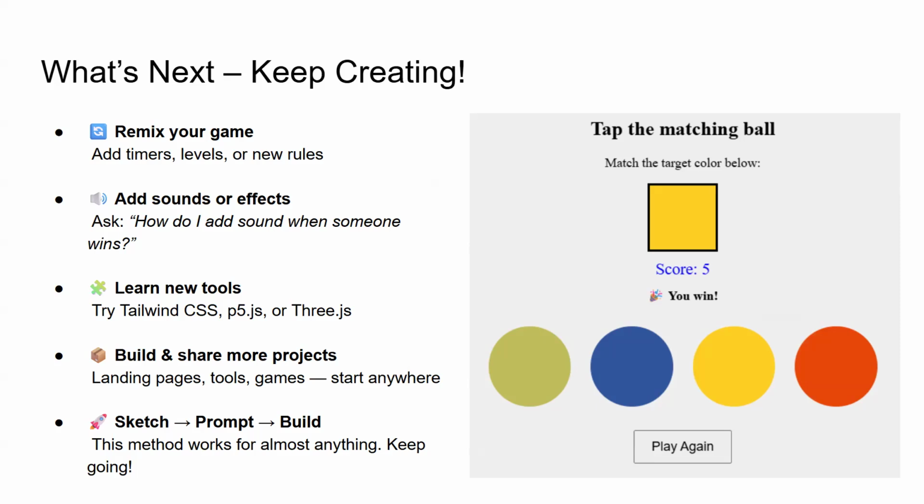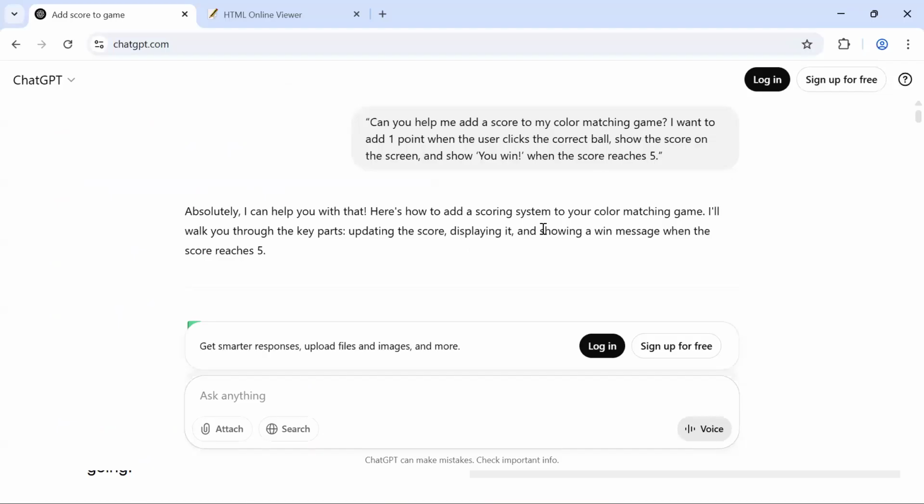Let's just go back to our friend, ChatGPT or any AI for the time being. So what we wanted to do, the first step was we want to add a score to my color matching game, right? I want to add 1 point. So you notice that this is something that might be confusing. This is totally for another session on the course. But